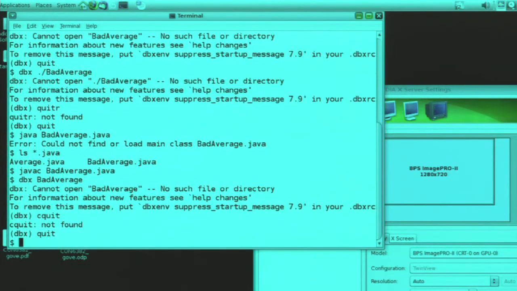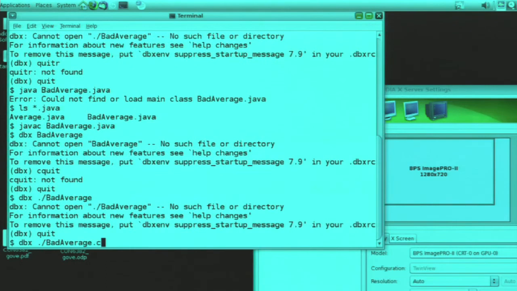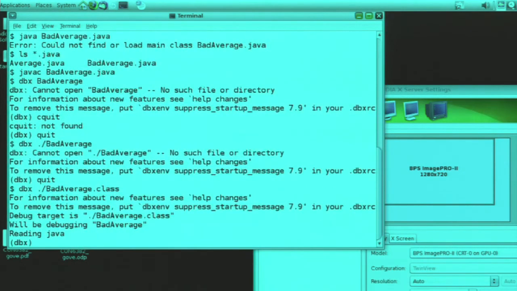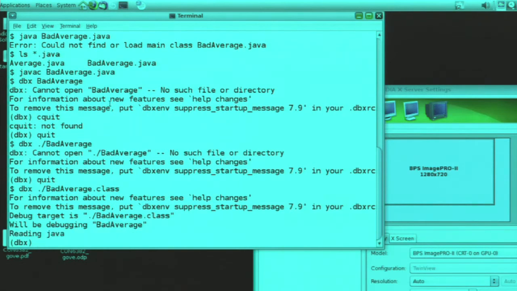When I ran through this late last night, it was all working really tickety-boo, but I'm obviously... Okay, I had to put .class. I remember last night I was working on this and I thought I didn't have to put .class. So anyway, this is DBX. What it's doing is reading the Java code, and now